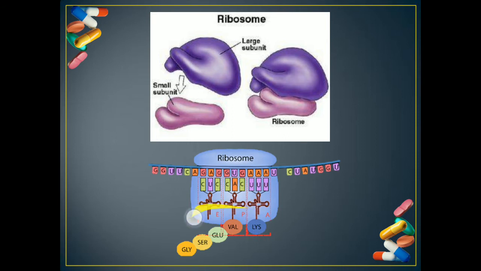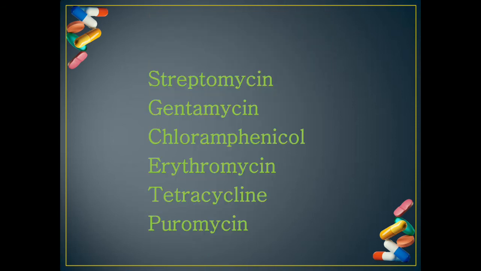Now, the tRNA has two ends. One end of the tRNA is going to carry the amino acid. The other end of the tRNA is going to recognize or read the information given by the mRNA. mRNA gives the information. That information has to be read by the tRNA, and then the tRNA has to deposit the correct amino acid. So the tRNA is one molecule which can be attacked by antibiotics, or the mRNA can be attacked by antibiotics, or the ribosome has two subunits. Either one of the subunits can be attacked by the antibiotics. This is just an overview of protein synthesis so that I can tell you where exactly the antibiotics are attacking.